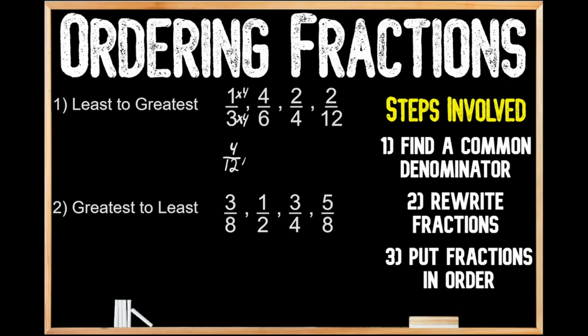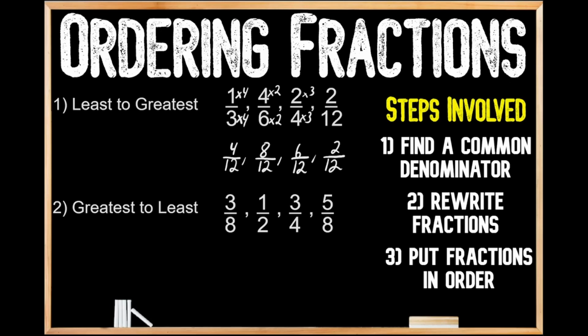Now we're going to do the same thing for our next fraction. We needed to multiply 6 times 2 in order to get the denominator of 12, so we need to do the same thing for our numerator up top. And 4 times 2 gives us 8. Now for the next fraction, we had to multiply 4 times 3 to get 12, so we need to do the same thing for our numerator. And 2 times 3 gives us 6. We don't actually have to do anything with our last fraction because it already has a denominator of 12. Now that we've rewritten these fractions with a common denominator, we can move on to step number 3,